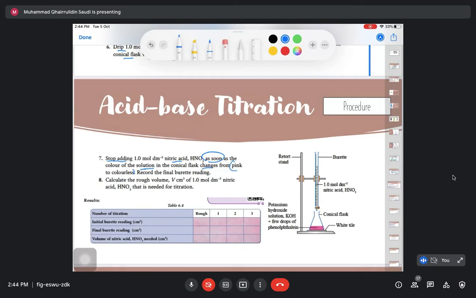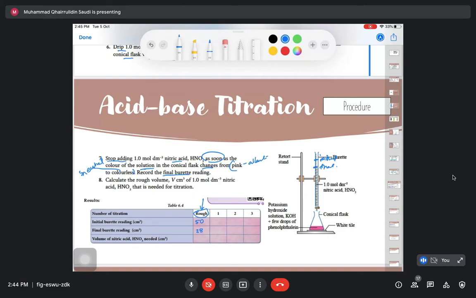Pink ni maksudnya dia alkali. Colorless maksudnya dia dah neutral. So bila dia dah warna colorless, so you stop adding more acid. You will then record the final burette reading. Okay, tadi kat atas ni, sekarang kat sini. Okay, record yang ni yang initial, yang final. Then you record. Where do you record it? In this rough table. Let's say initial reading tadi 50, final tadi 28